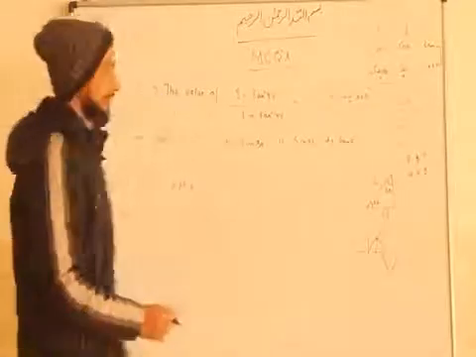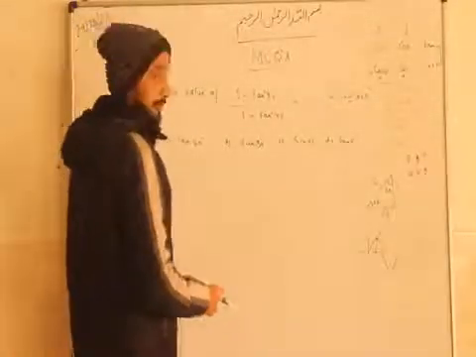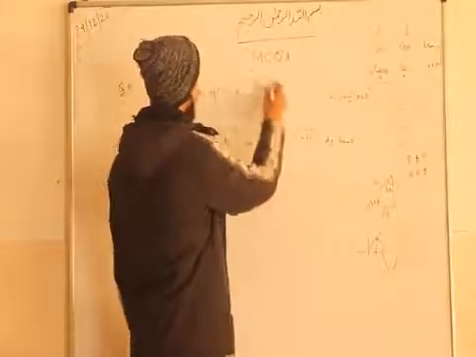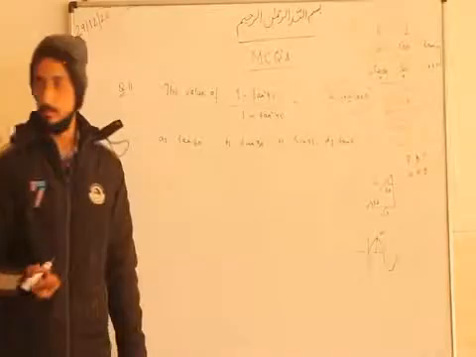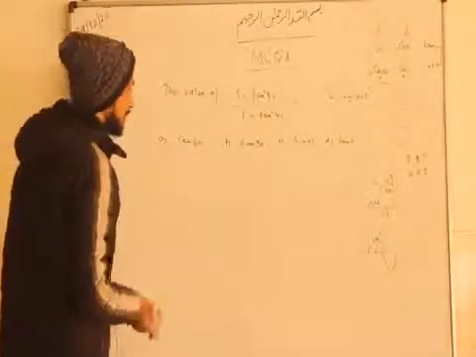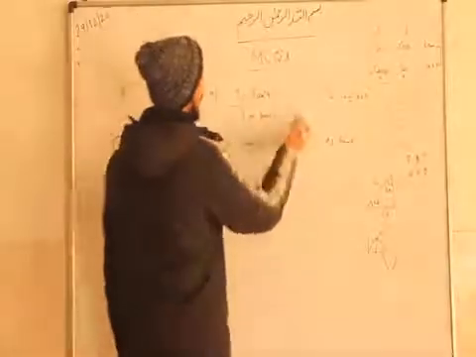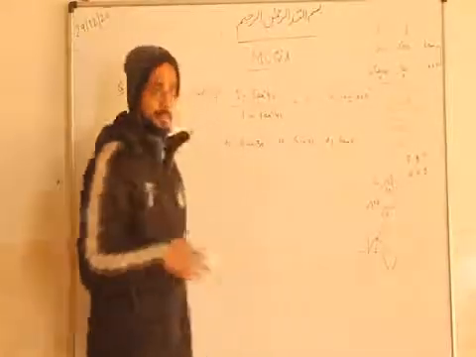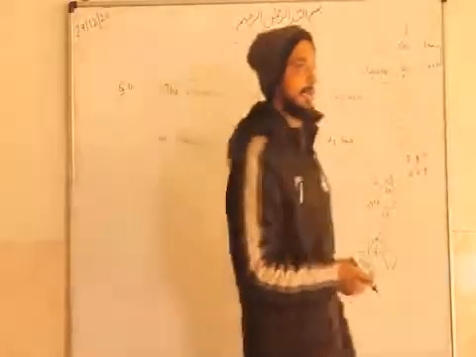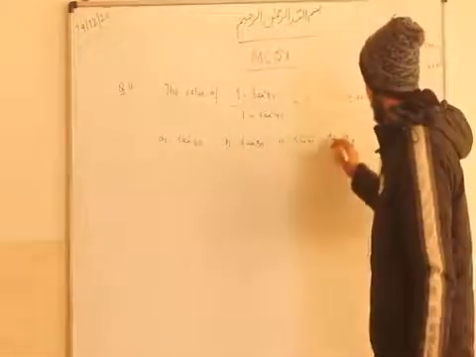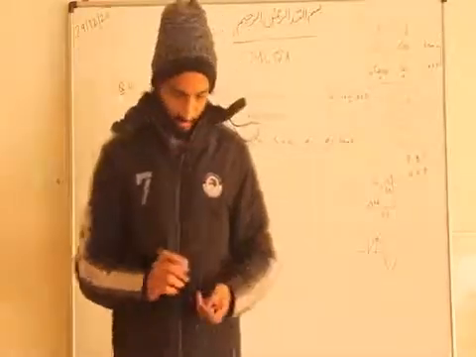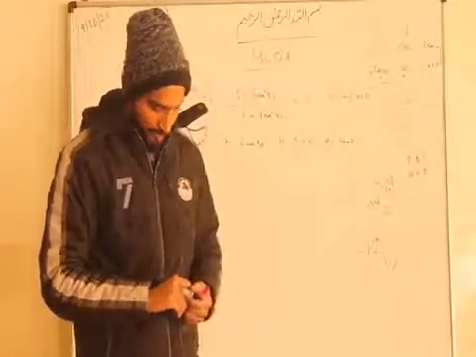Tan 0. Okay, let's see. So this is very simple. Only we have to put the values. So tan 45 value we know. This is 1. At 45, tan is showing 1. So 1 minus 1 is 0. So when the numerator is 0, everything becomes 0. So tan 0 is 0 at this degree. Okay, tan 0. Simple question it is. Chaliye.